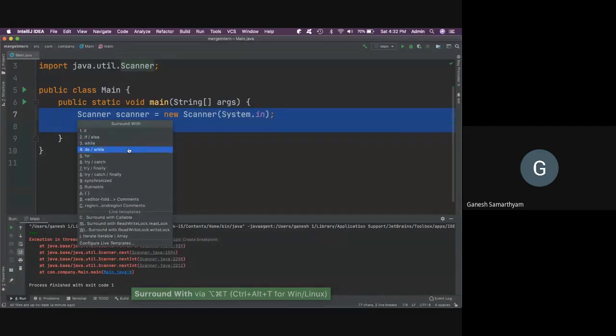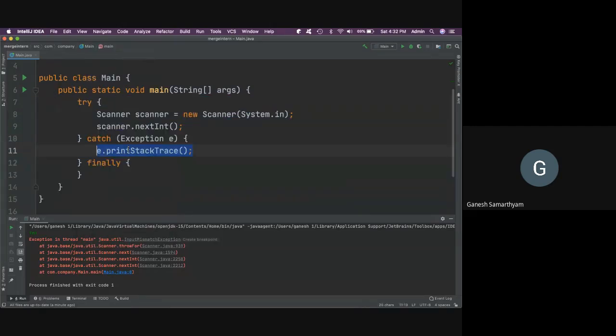If I use the arrow keys, that's more time consuming. That is why you have these numbers here, 1, 2, etc., or A, B, C, etc. So from here, when I am in the surround with menu, I can just say 8, and my code will be surrounded with try catch finally. Now let me edit this code slightly. Let's say I would say error input and int value, and I can say System out.